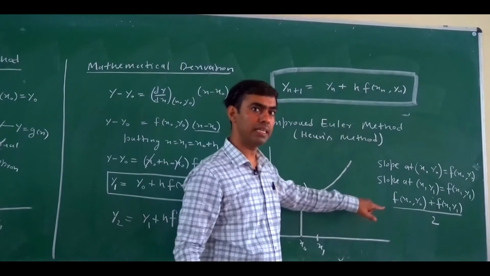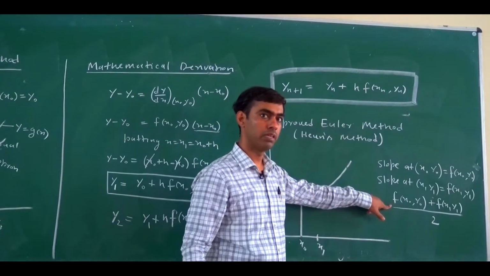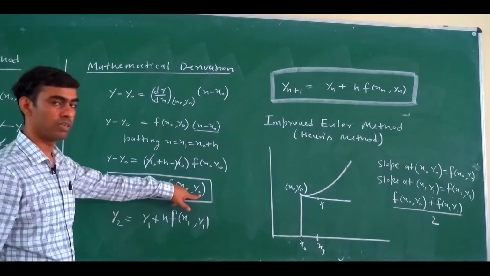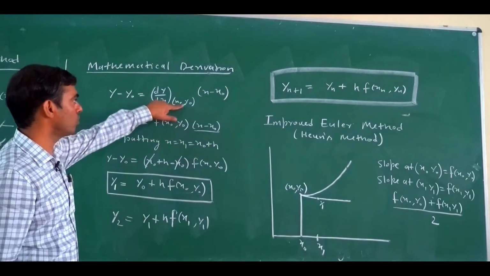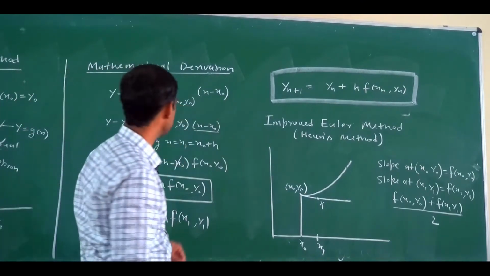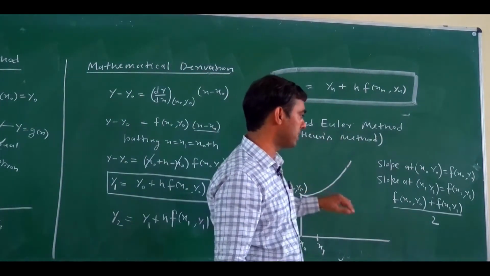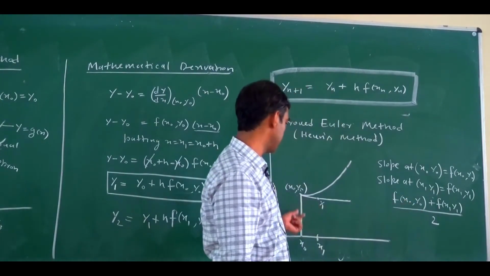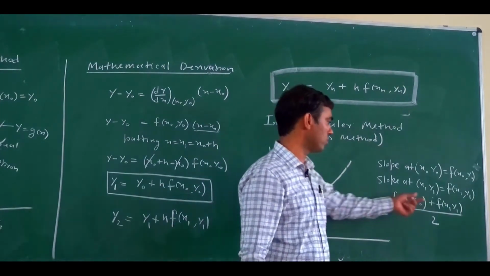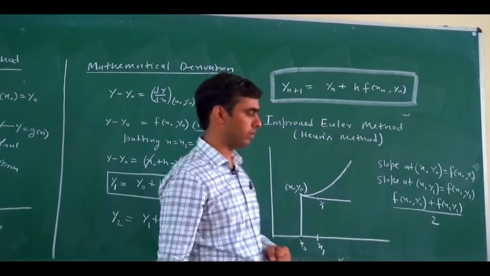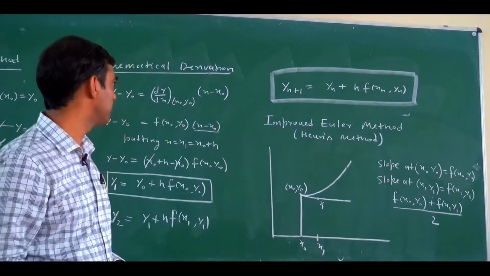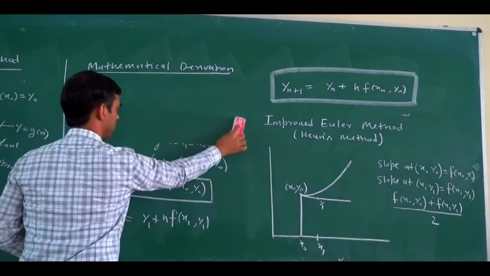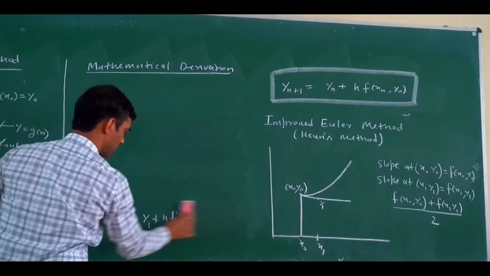Then he draws the tangent with this slope. In the Euler method, we draw the tangent with the slope at (x0, y0). But in the improved Euler method, we draw the tangent with the average of the slope at (x0, y0) and the slope at (x1, y1). Now what is the equation of the tangent? So if we talk about the mathematical derivation of this,